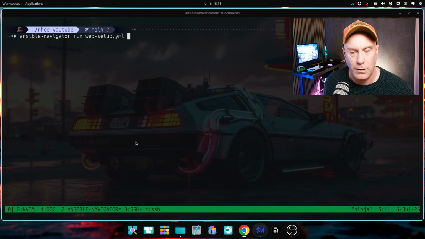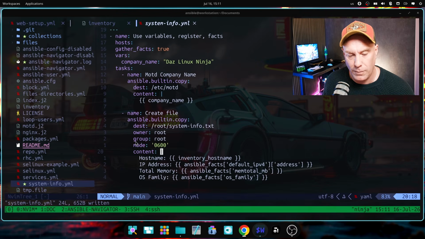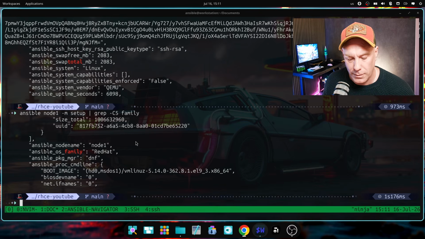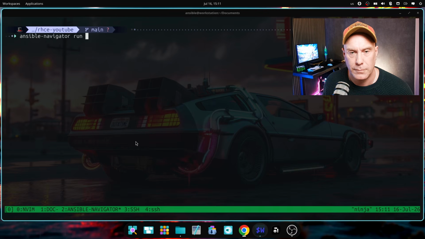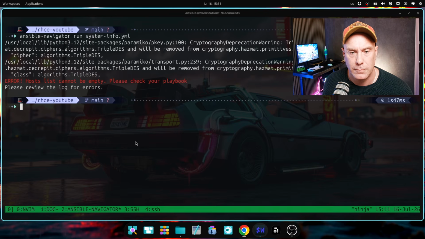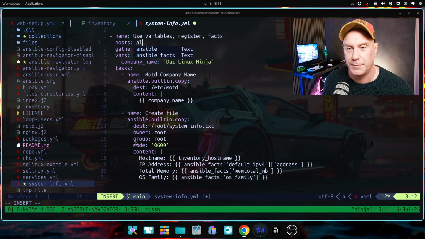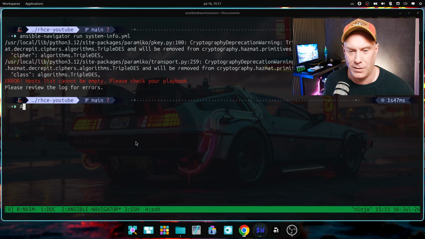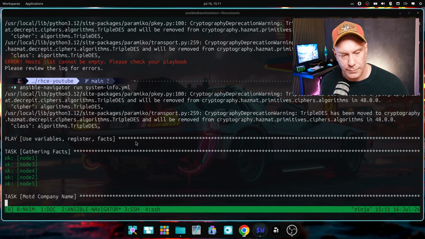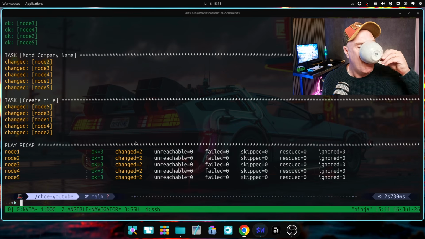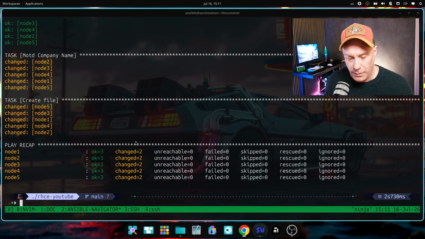Okay, let's clear the screen right here. Can't remember what we even called this thing. Remember system info. And host list. Yeah. I know. We're probably gonna run this on all hosts. Right. Okay. No errors. Let's do Ansible node 1